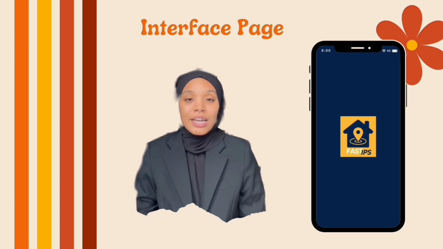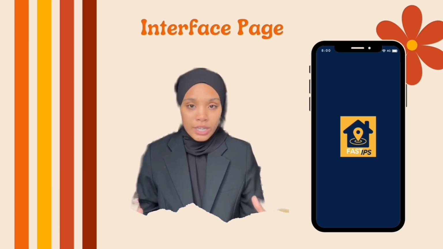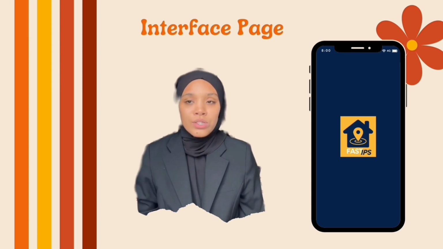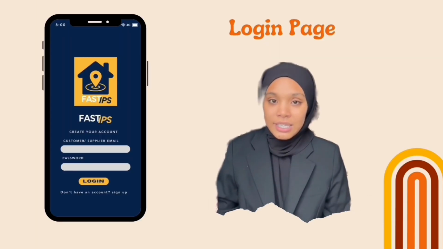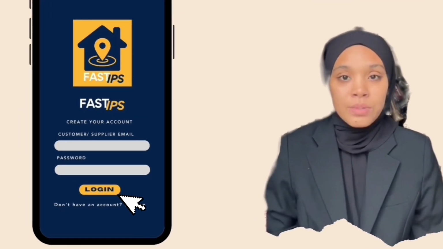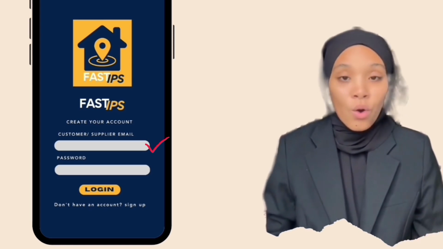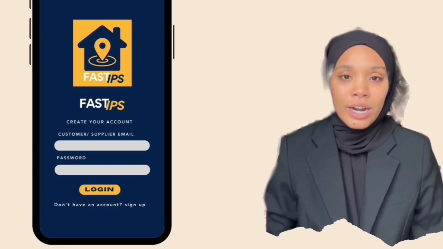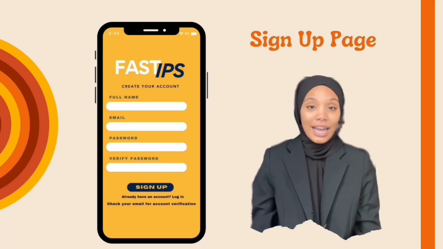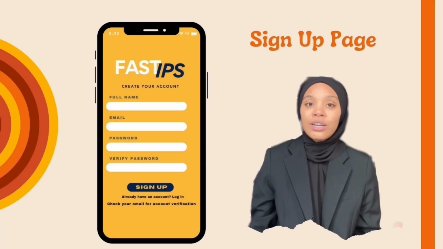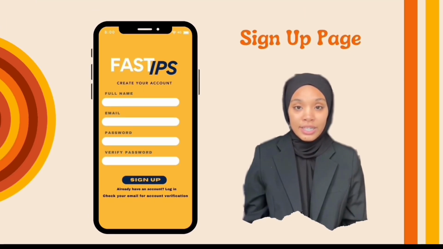Our theme is navy blue and yellow. This application mainly focuses on suppliers who want to sell their products. After they open the application, they must log in, where they only need to fill in their email or username, including their password, to go into this application. Besides, new users need to click sign up, which is for new users, in order to register this